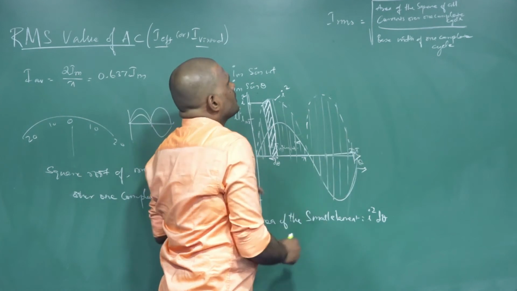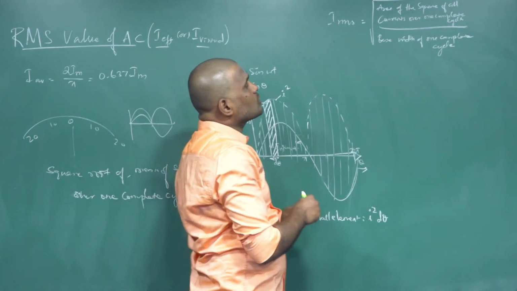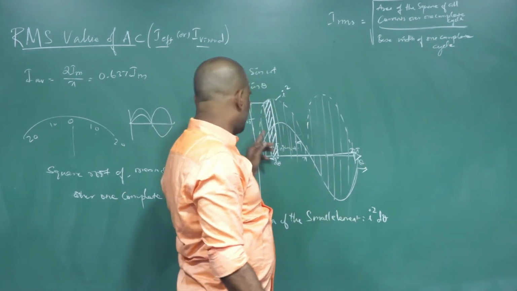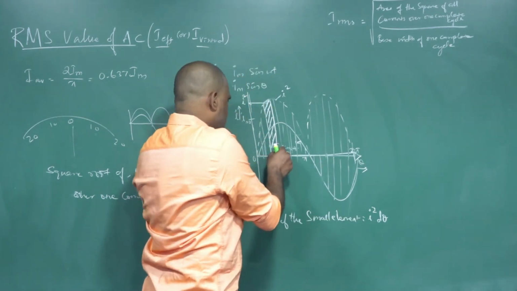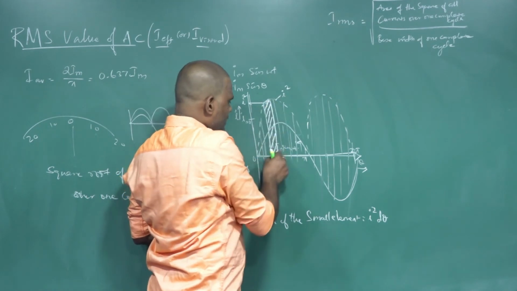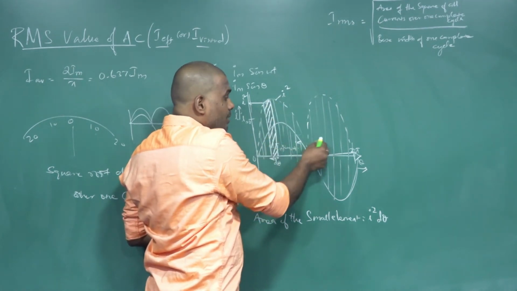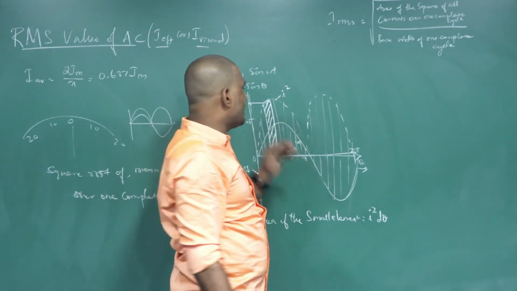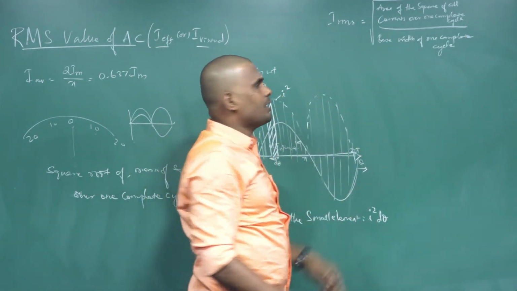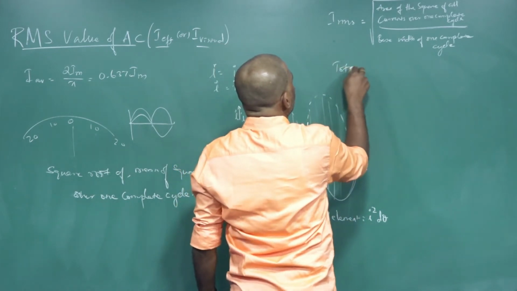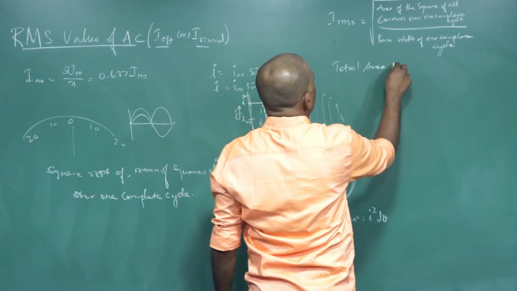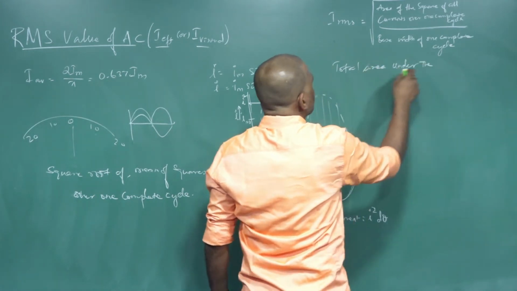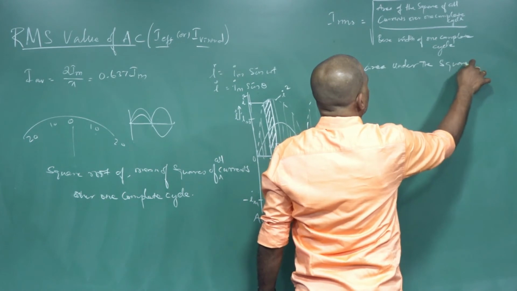This is the base width. Then the area of the square of all currents over one complete cycle is required. The area of the smaller element is I square d theta. I found the area of the smaller element. There are so many such small elements, so I have to calculate the total area under the squared current wave. So I can write the total area under the squared current wave